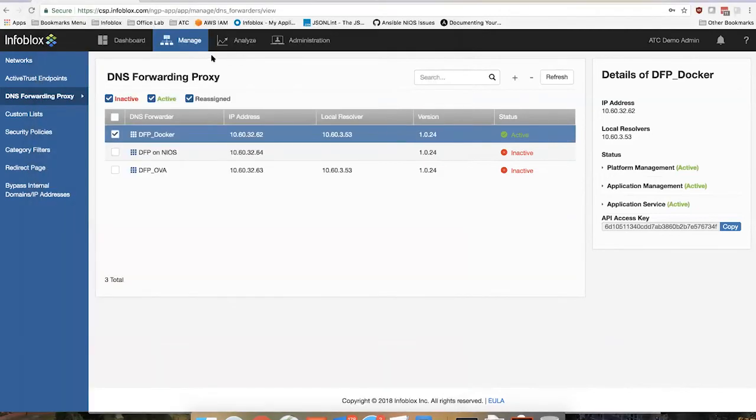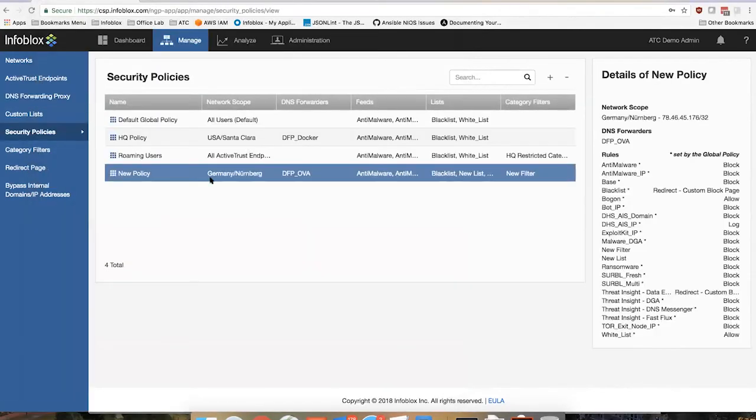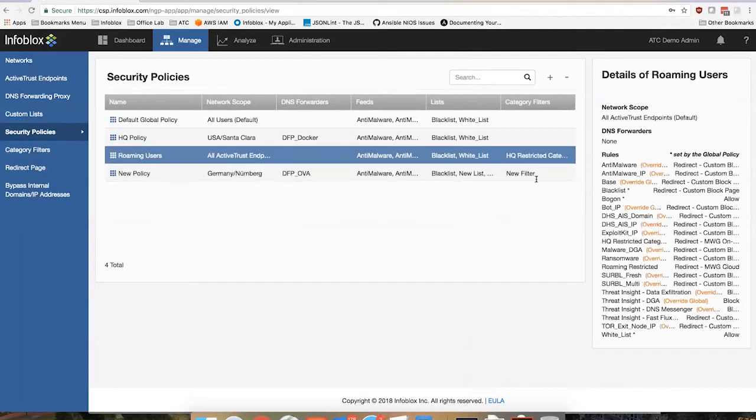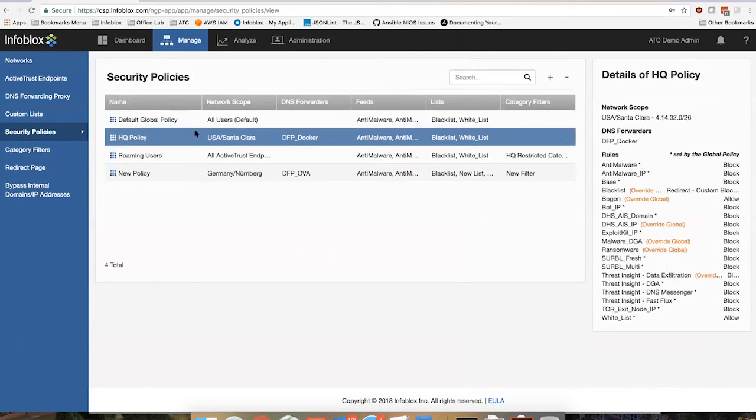The reason for that is, if we look at the security policies and the one for roaming users, I know that icar.co is in this base feed. And for ActiveTrust endpoints, this is getting redirected to that custom block. But if I look at the policy that affects this DNS forwarding proxy and I look at the base feed, I'm getting blocked in that case. That's why that NXDOMAIN came back for the DNS forwarding proxy and the redirect came back for the Windows